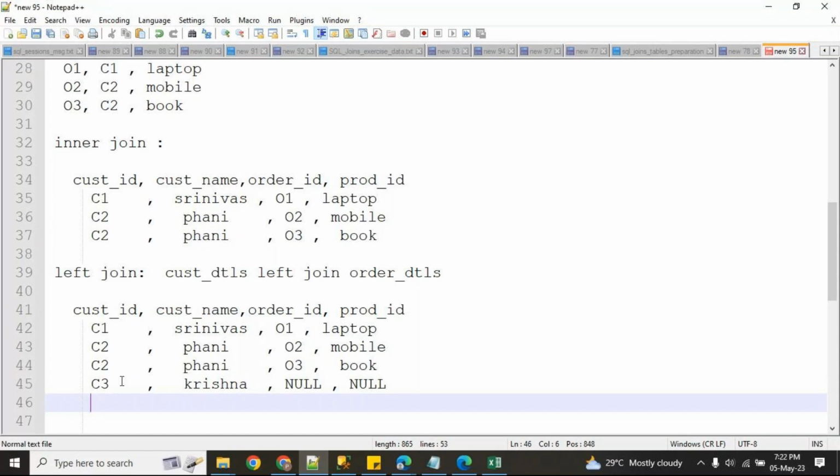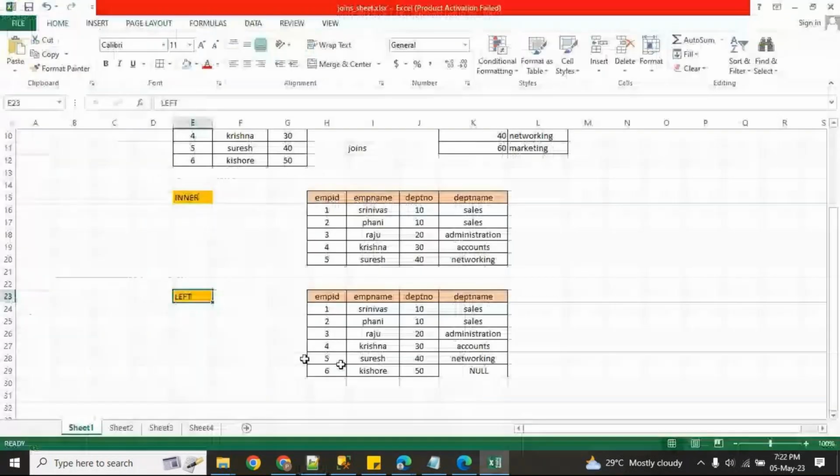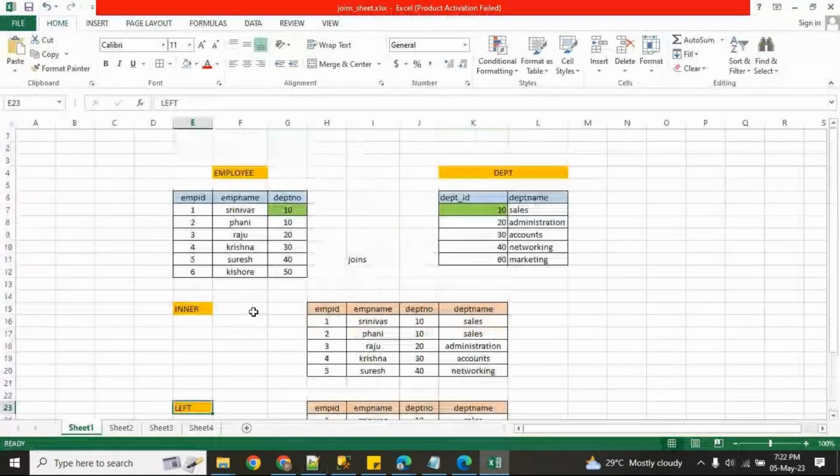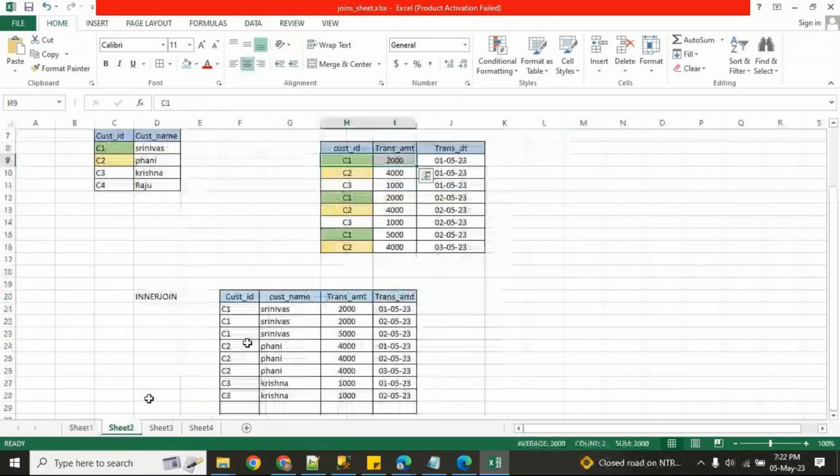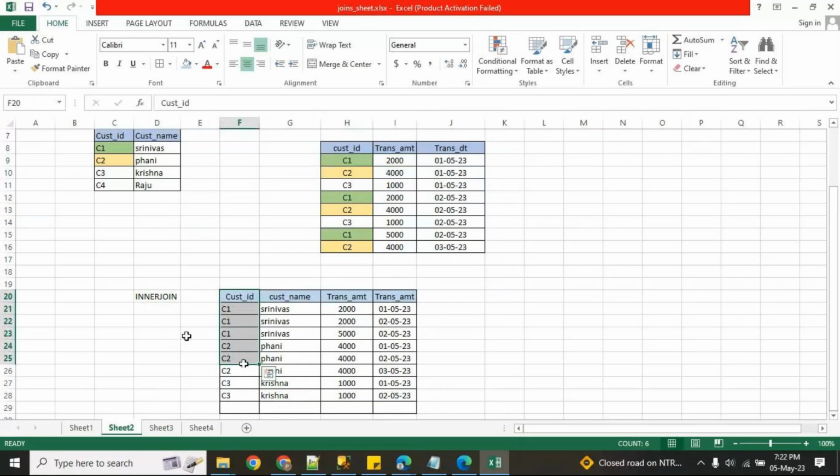Okay, this is very very important, guys. In real time, in most cases we will use inner join and left join only. Now the same thing, observe here. In this case I want the left join output of customer details.